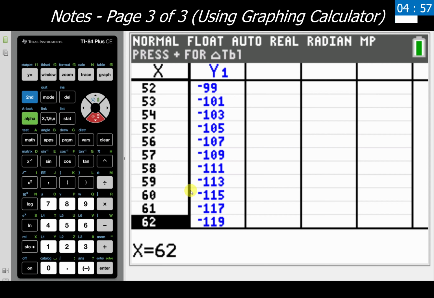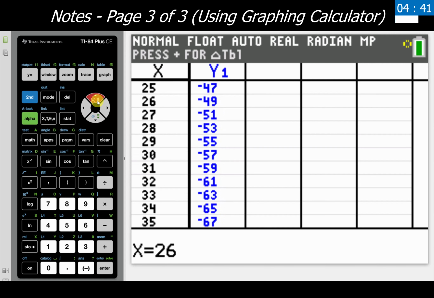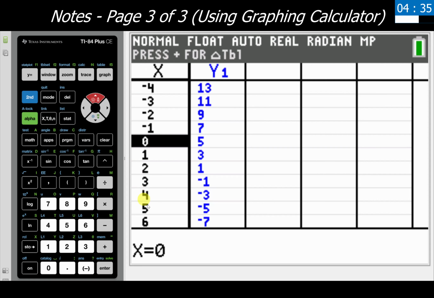So there I've just plugged everything into my graphing calculator. I went to the table option, and I can scroll up and down to find all of the input and corresponding output values that I need. I'm going to go ahead and scroll this back up to 0, right where it started. Now with our second example, I'm going to show us a slightly different way of listing all of these things for us. You're welcome to use what we did here in this example, or you're welcome to use this quote-unquote shortcut with our second example.